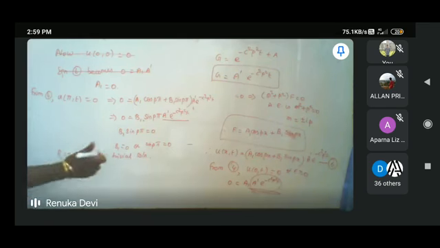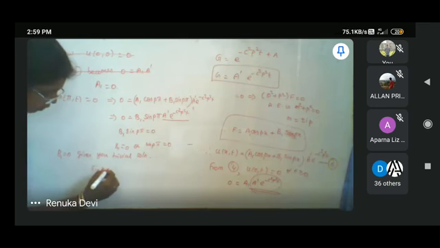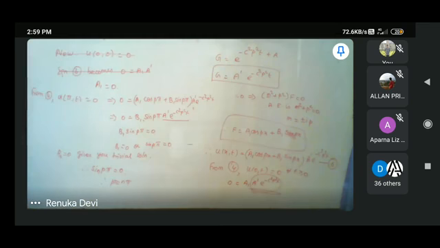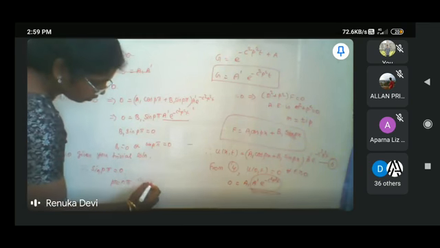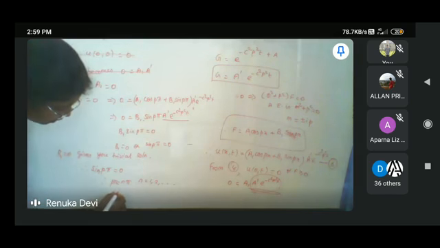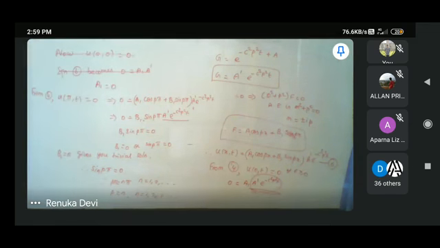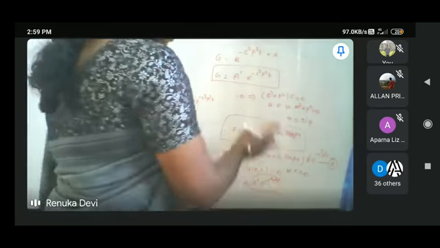So, I take sin p pi equal to 0. Therefore, what is our p? P pi must be n pi, for n equal to 1, 2, and so on. That is p equal to n. Therefore, here p equal to n, therefore this equation 6 will become